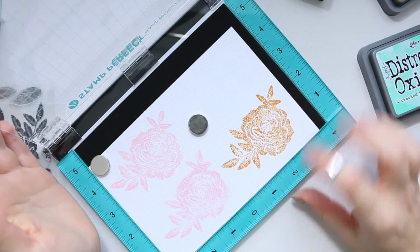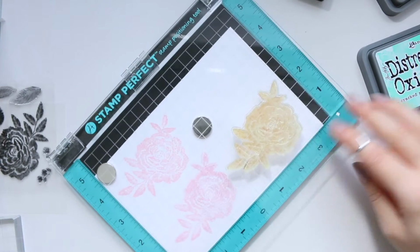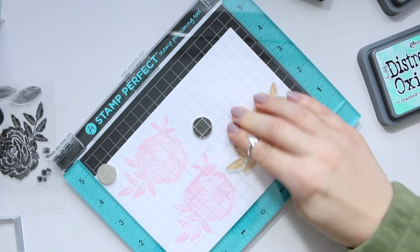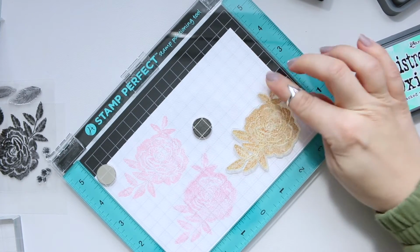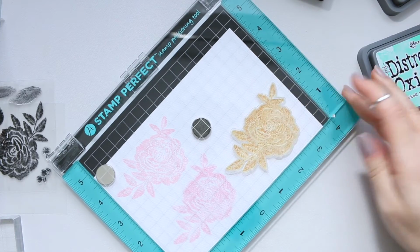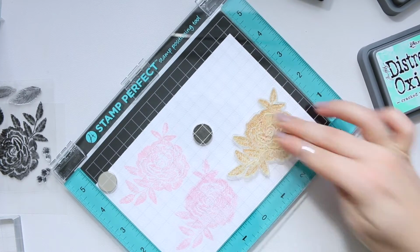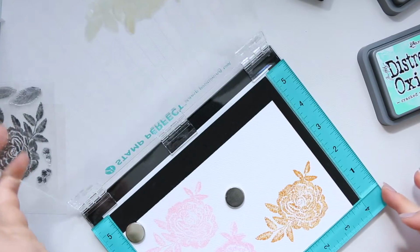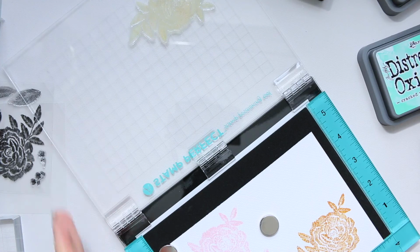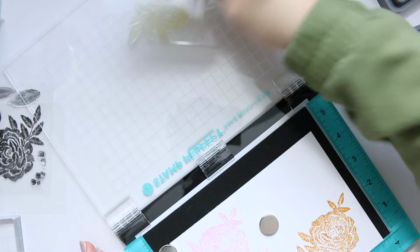So that's the beauty about this tool. If you can see there are some areas that haven't printed perfectly, you quickly go back and press on those areas, and it shouldn't move because it's all nicely secured. So like that. Okay, so I'm going to leave it at this. It's a beautifully stamped image, and I'm going to move on to Wild Honey, and I'm going to show you